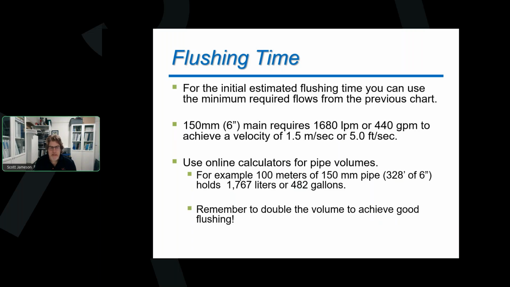So I'm going to make the estimate and say that's going to be my flow that I'm going to get out of my hydrant, because I know that's very easy to achieve out of a 2.5-inch port. So I put in my flushing run, and my flushing run is going to be 100 meters long of that 150 millimeter pipe. I put that into my online calculator, and it tells me the volume of that pipe is going to be